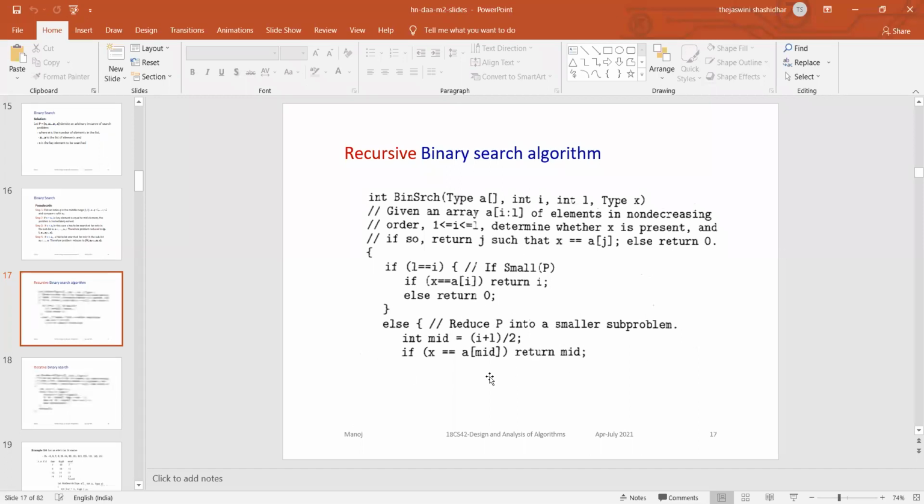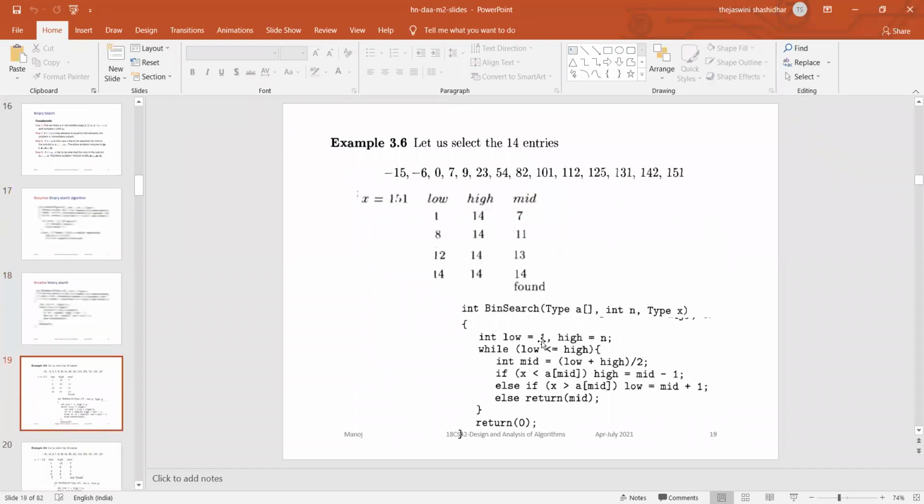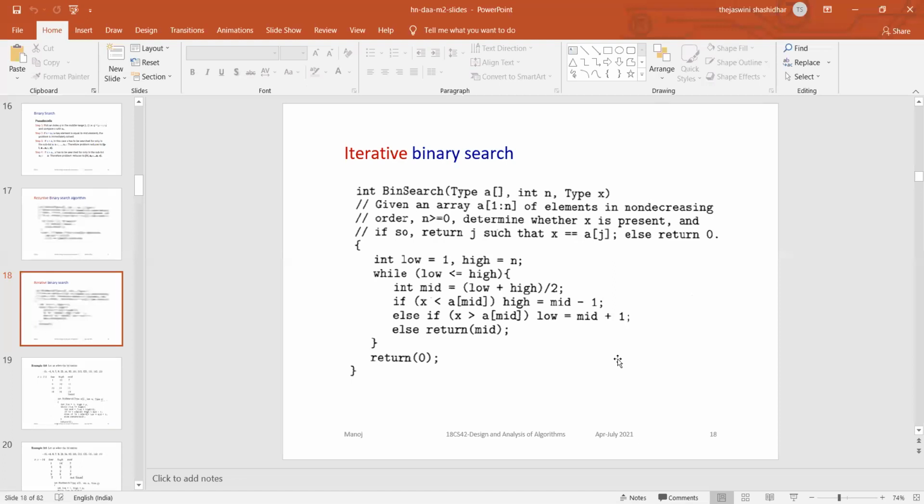So in recursive binary search, you only find the middle element, and you can easily find the answer for the problem. But in iterative binary search, you go with the left part, right part, as well as the middle element. So this middle element is nothing but recursive binary search. This part, less than mid, greater than mid, we take as iterative binary search. Okay. So have you understood up to here? Have you got the algorithm part?